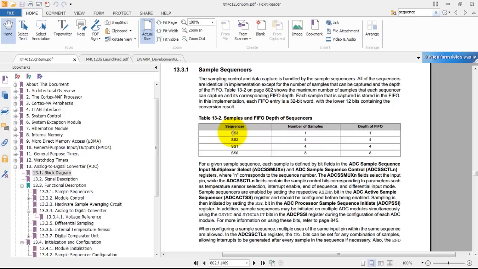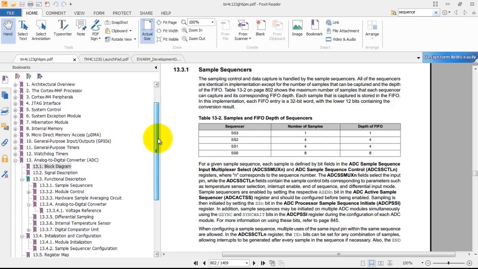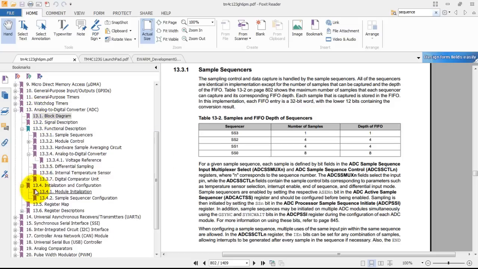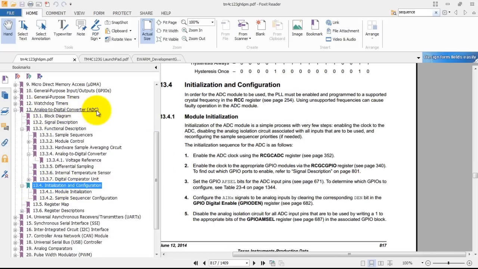If you're using SS3, you can do one sample. If you're using SS0, then you can do 8 samples from different channels. And each of these sequencers has its own FIFO where the data is stored. And that's where we'll be reading the result of the ADC. So now that you know a little bit about the ADC hardware, let's go ahead and get started on the code. So if you go to your section 13.4 in the analog to digital converter section,